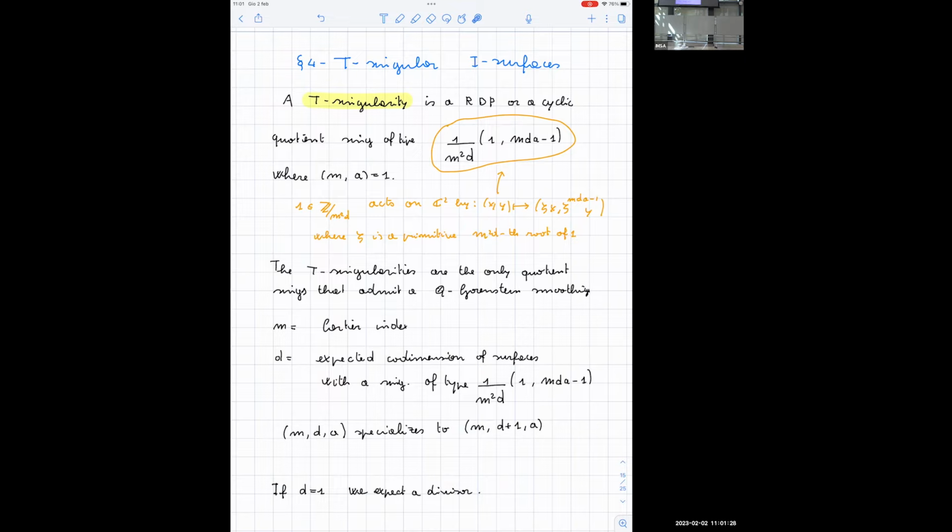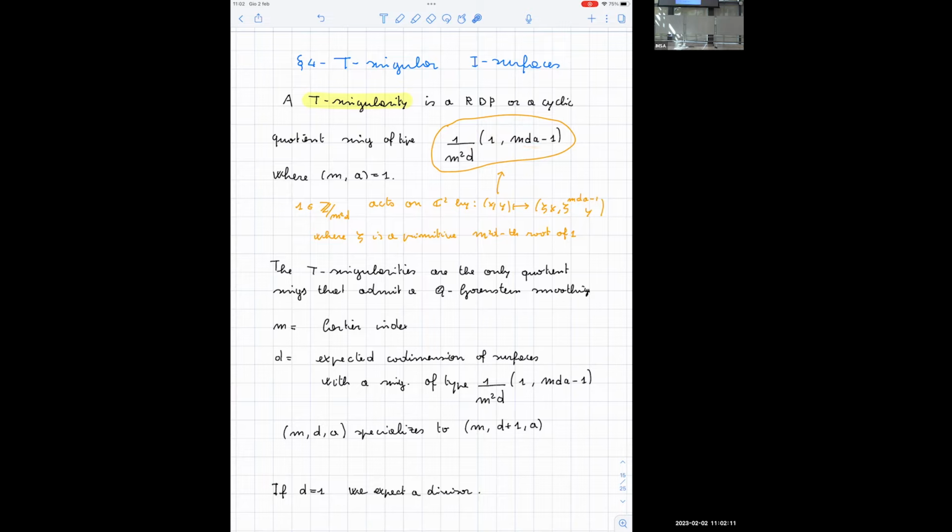These appear in the classification of normal semi-log canonical singularities. And these are quotient singularities of a certain type, 1 over m squared d, (1, dm minus 1). I guess you know the type of notation. This means that the cyclic group of this order, you fix a primitive root of that order, and you have a diagonal action with z to the 1 and z to the a. This is the exponent of the second